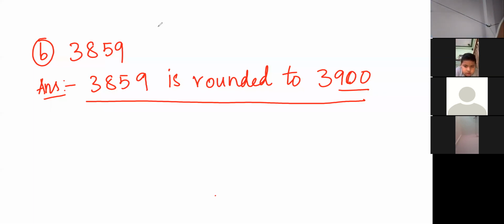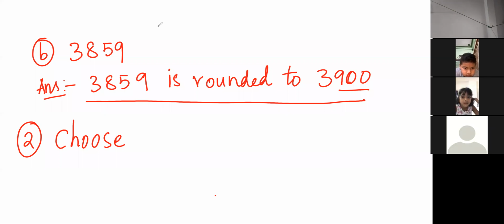Now let us go to the next part. Second question. You may get questions in the other forms also. The same method you have to apply, but the question may be changed, like choose the correct answer. Let us take it in the choose the correct answers form. See children, do you want me to write one more number, one more question, before we go to choose the correct answers? Yes? Okay, fine.